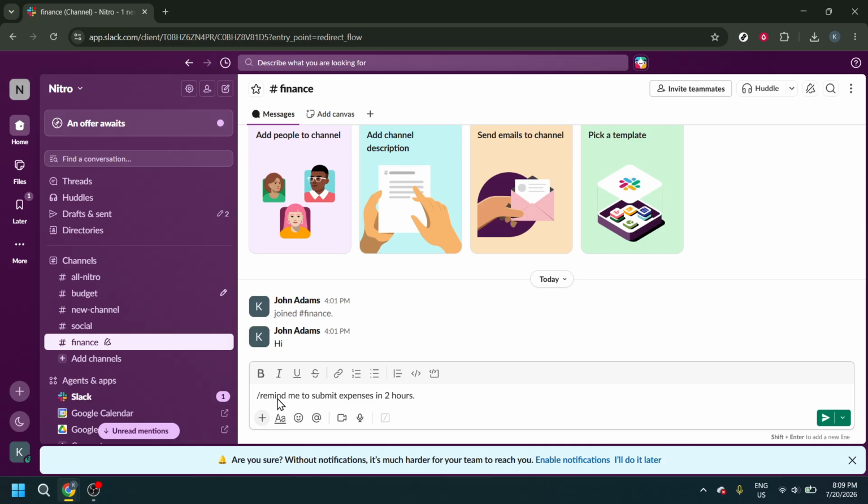Once you've typed the command, the next step is to add your reminder message. For example, you can type something like, "Remind me to submit expenses in 2 hours." The key here is to include both the task you want to be reminded about and the time you want the reminder to appear. Slack is designed to understand natural phrasing, like "in 2 hours," which makes this feature very